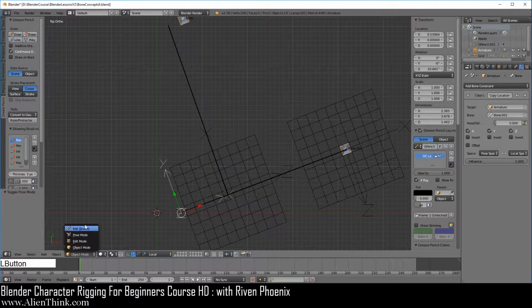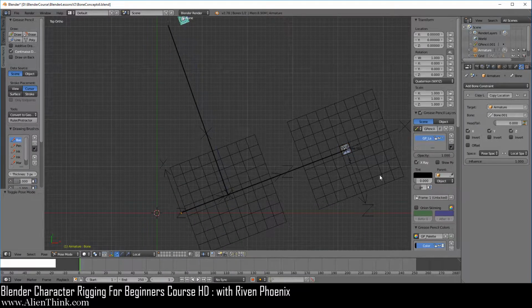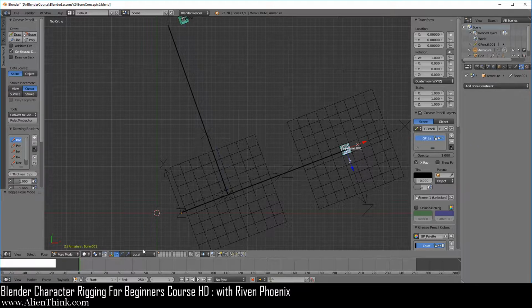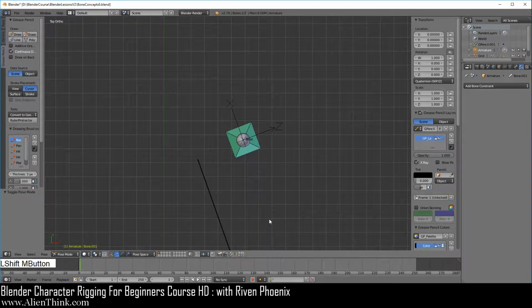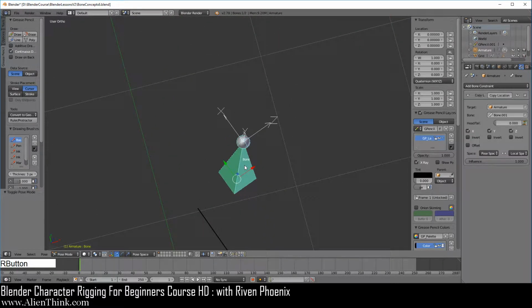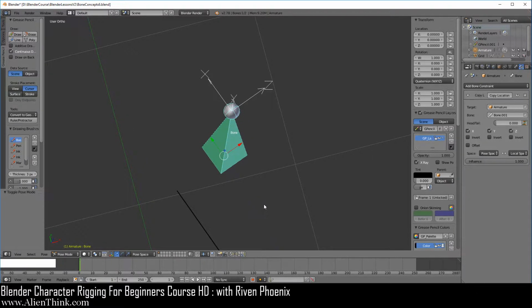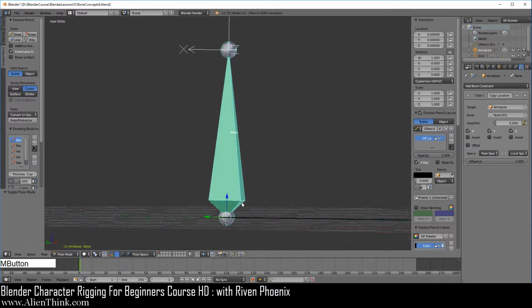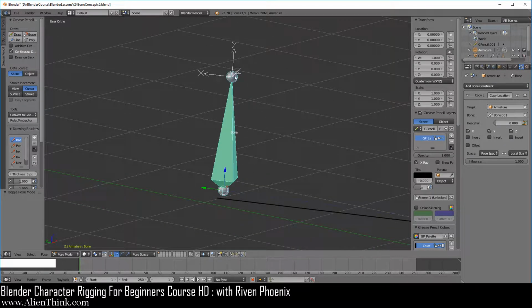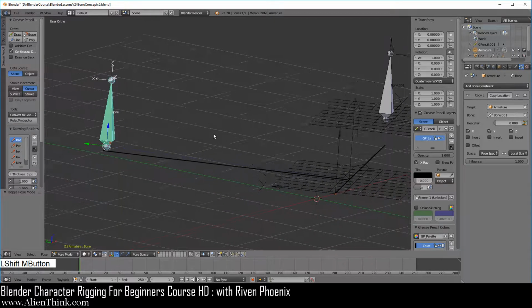Now go ahead and switch this to pose mode. Now go ahead and click this. And here you're going to switch this to pose space. Now notice that on the armature's axis along the y-axis, this bone really hasn't moved at all. So now if we zoom in and take a look at this bone, you can click it and press the period key to home in on it. If you take a look, this bone is flat up against the grid, right? Because it hasn't moved along its local y at all. That's what this is showing.